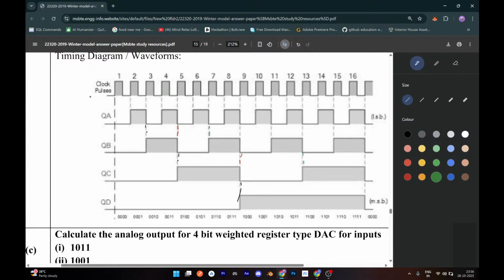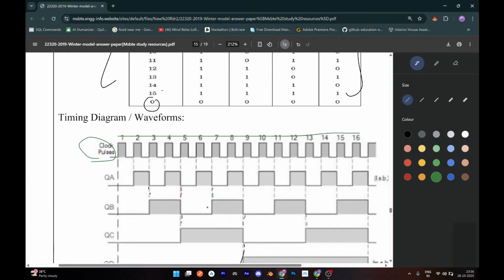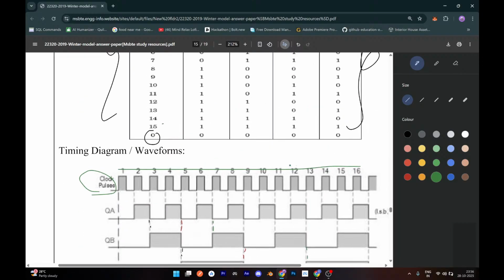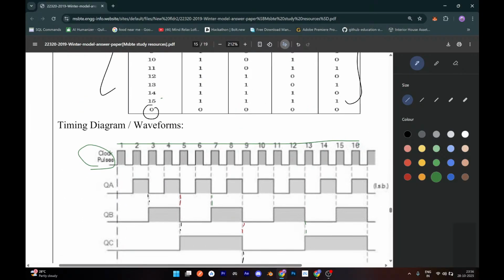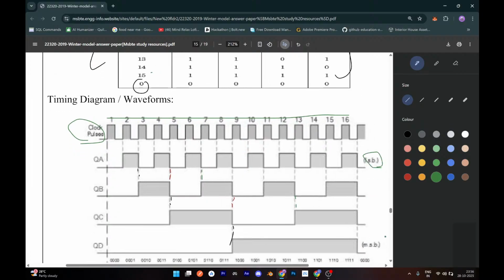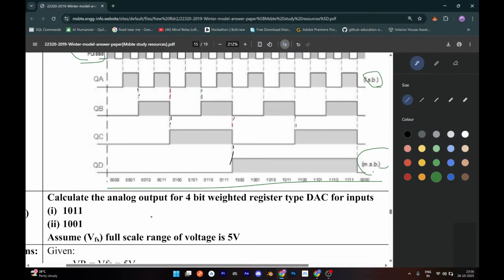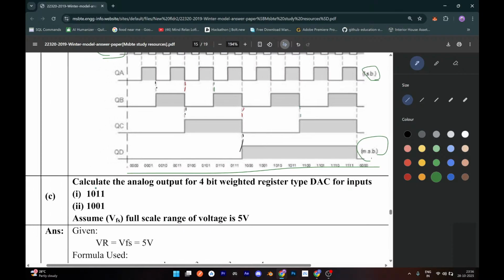After this, we can see a basic clock has been given of 0 to 15, which is again counted as 16. After that, we are showing here LSB and MSB and all those numbers, the combinations which will be there. Okay. After that, we'll move to the next part, which is to calculate the analog output of a 4-bit registered type